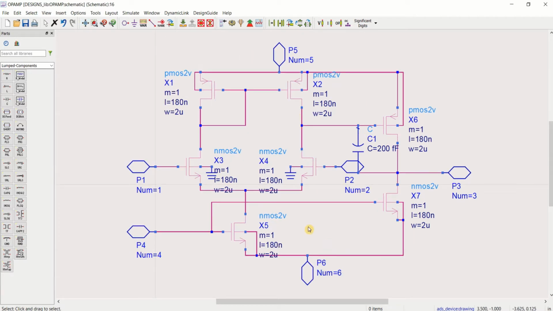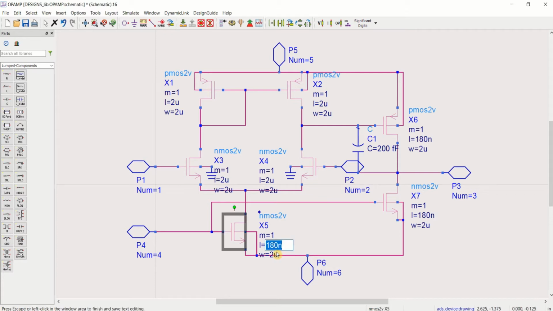So this is the single stage op amp. This op amp is designed with certain length and width. The length of the PMOS is 2 micrometer and width is 2 micrometer. Length is 2 micrometer, width is also 2 micrometer. Here the length and width are equal for PMOS and NMOS.